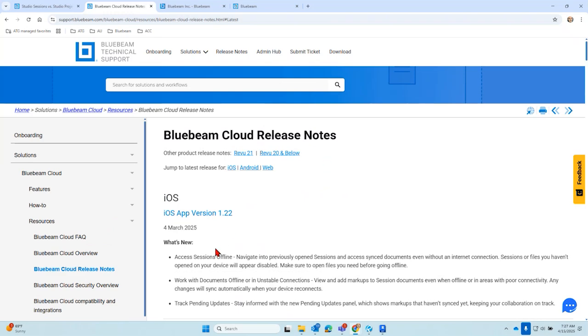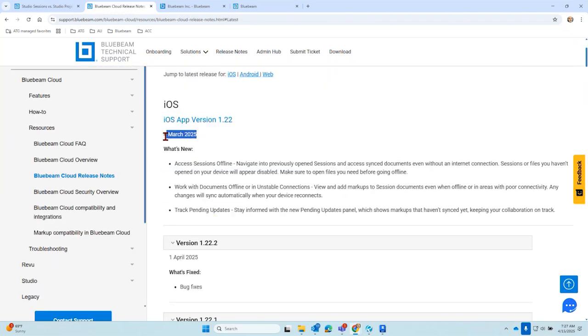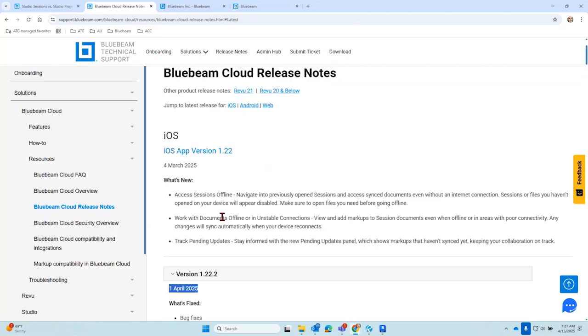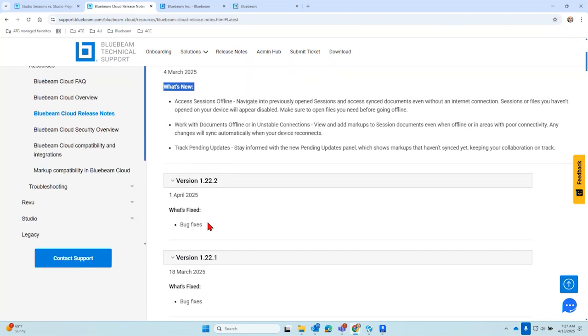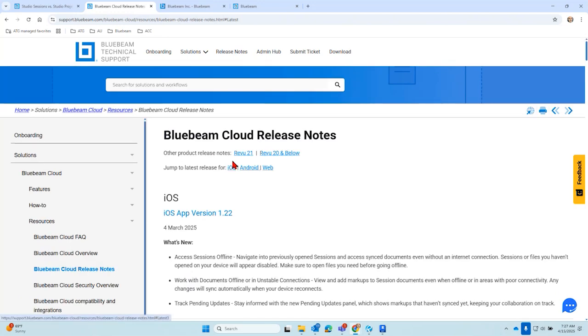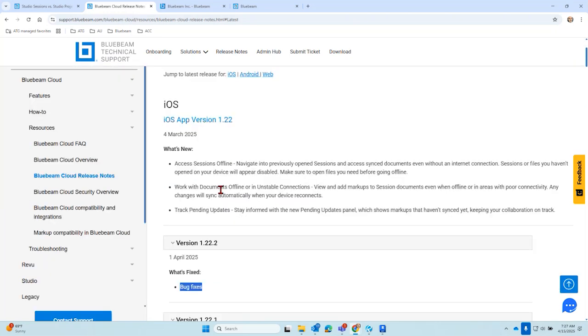As they start to roll these things out, they haven't released anything new for the iOS app since March 4th, and we're in April. So I guess they did an April bug fix, it looks like. That's weird that this is first, because that's probably when they did an actual update. So these are just bug fixes. But yeah, being aware of that moving forward, that iOS is more so web first, iOS, then Android. That's kind of the circle that it runs when they're updating features. First, they'll go to the web-based application, then iOS, then Android. Android's well behind